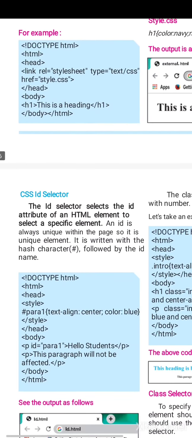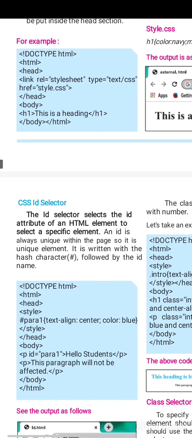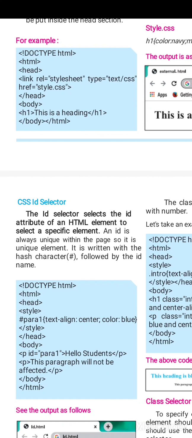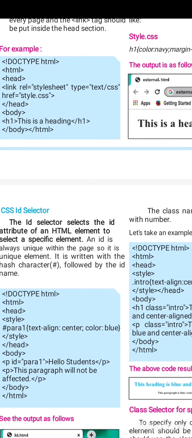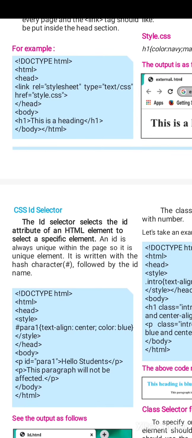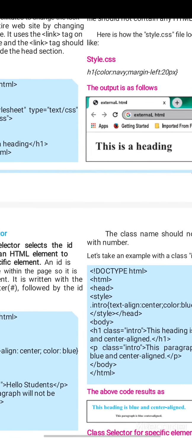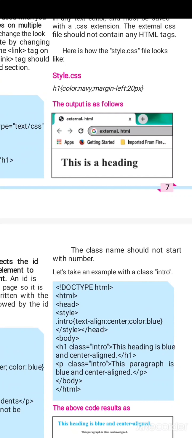See here one more example code is given. For example, a code is given here. HTML head, within head section such a style sheet is linked using link tag with attributes. Number one, relation equal to style sheet, means a file to be saved with .css and such a HTML document. Relation between them is nothing but style sheet. Type equal to text slash CSS.